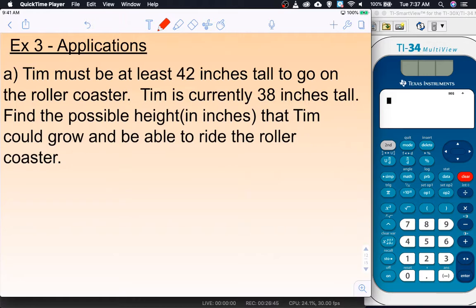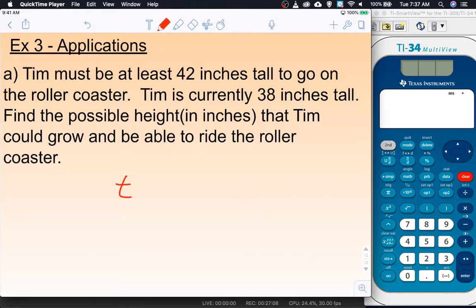Okay. Now, that's a pretty basic question. I mean, these are still one-step inequalities, so they're going to be very basic. You could probably go, oh, if he grows 4 inches. Yeah, that's one possible answer, but there's actually more than one possible answer. So